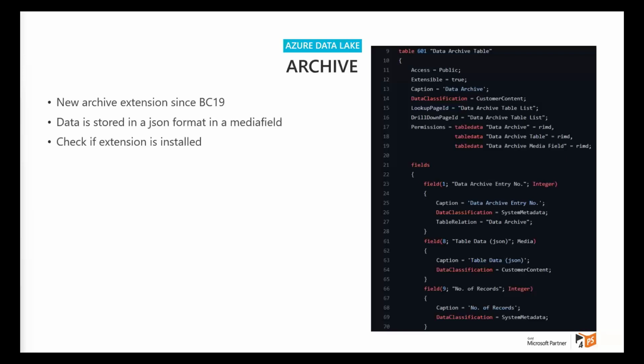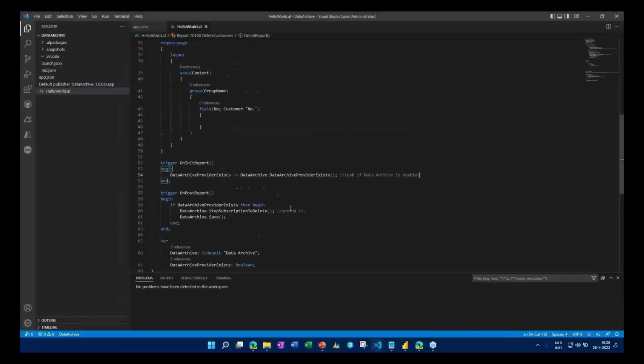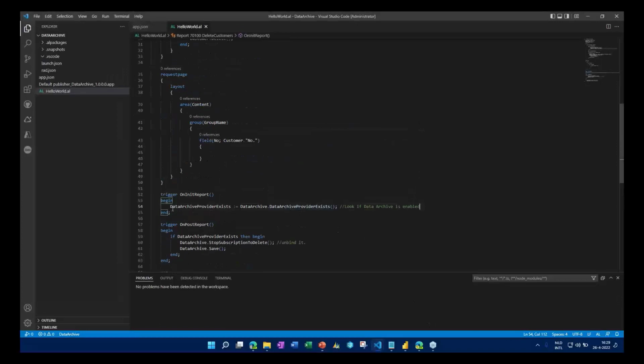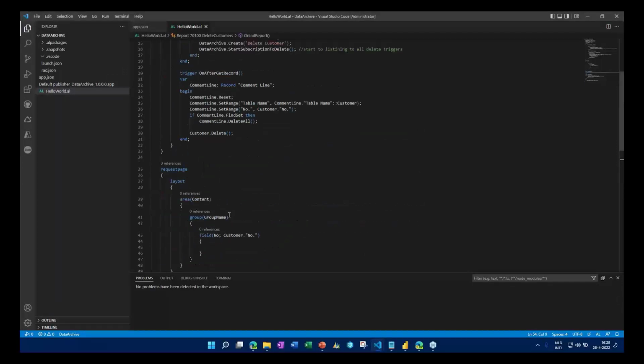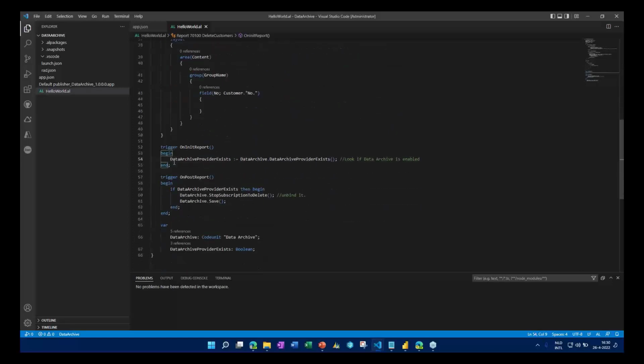There is a check if the extension is installed. I will show it soon, and it responds on the delete trigger. So I've created a small report, a small example, just to see it visually. Just a report, delete one customer, and on the init report, I've set a data archive provider